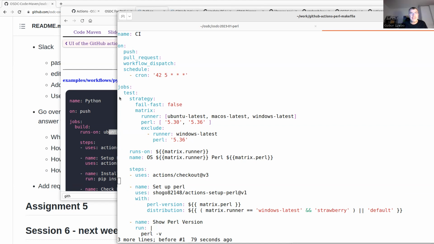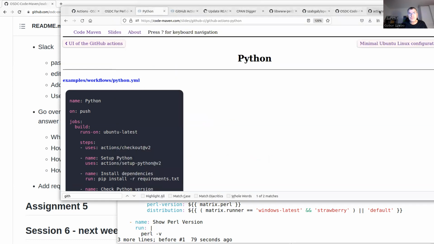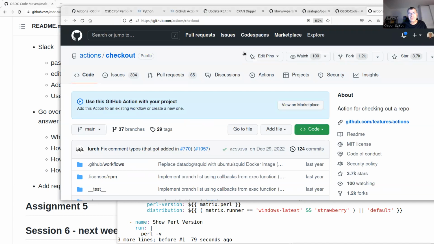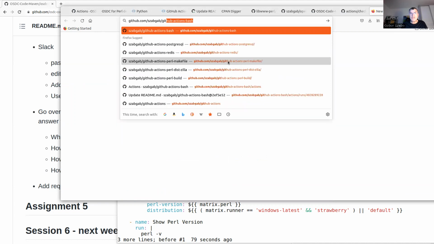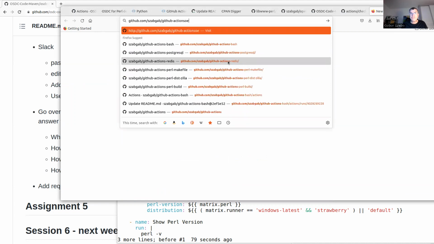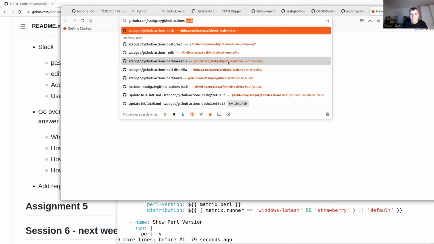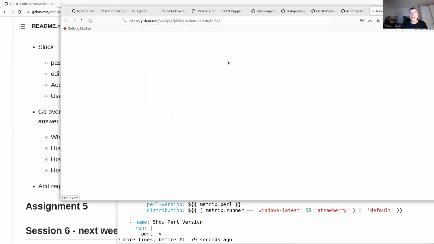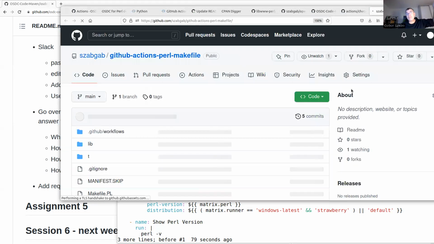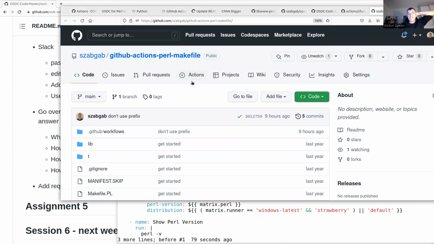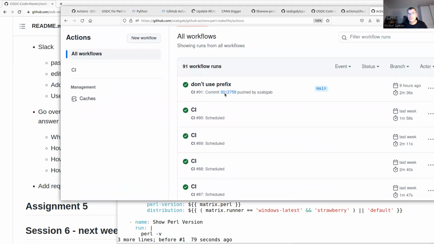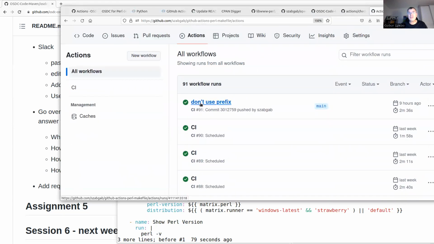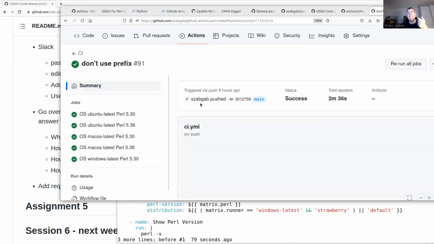Let me go to the repository if I find it. GitHub, GitHub Actions, Perl makefile, and I have this for makefiles, for build.pl, and for Dist::Zilla, just this example. So this is the actions, and this is the output. This is the most recent run. Actually, I have it scheduled, but